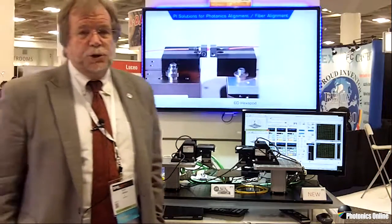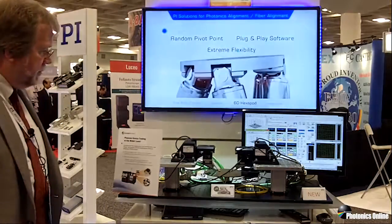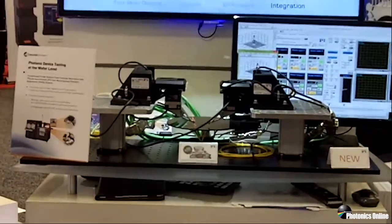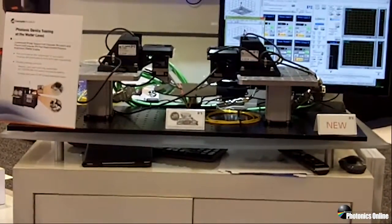The costliest thing that a silicon photonics manufacturer can do is package bad product. And so it's necessary to test these devices as soon as they are manufactured on the wafer. That's what this is all about. This is a system that we call the Fast Multi-Channel Photonics Alignment System. It's made for testing devices at the wafer level and also further on in the production process as well, and